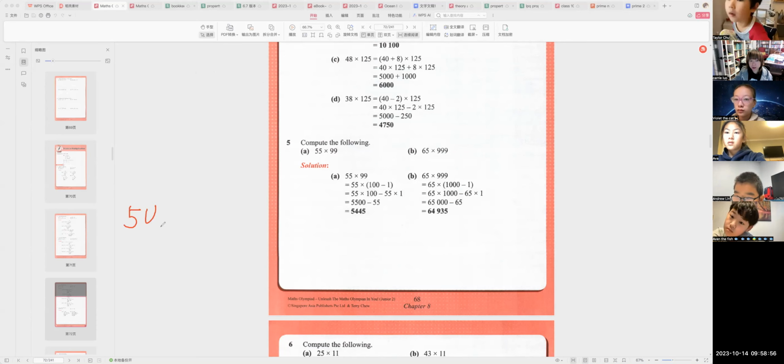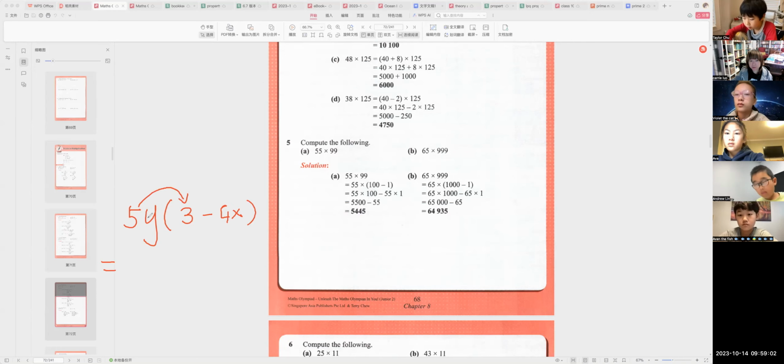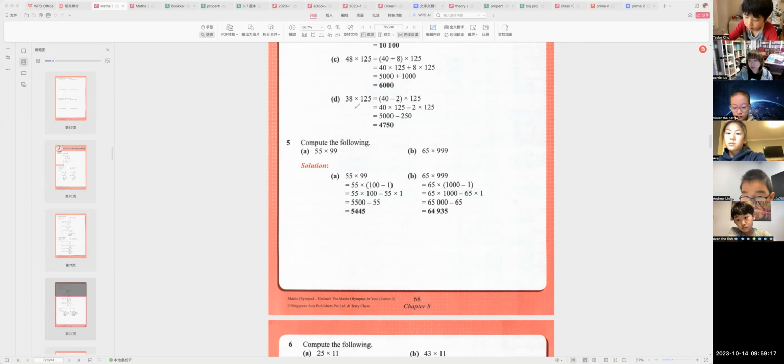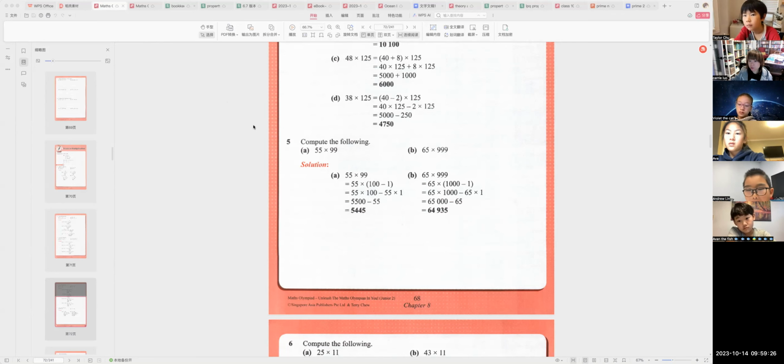So see, 5y times (3 minus 4x). You can see it's 5y times 3, so 5 times 3 equals 15y. And 5 times 4 equals 20, and x times y is xy. That's it. Get it? If you learn a very solid foundation when you're little, then when you go to grade 10, it's no problem at all. But if you never do anything like that, and you go to grade 10, it's going to be super hard